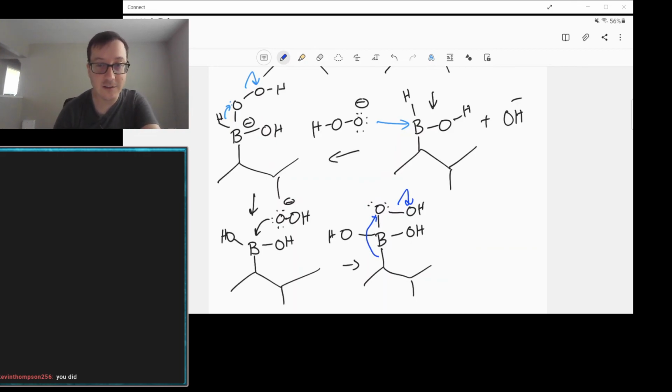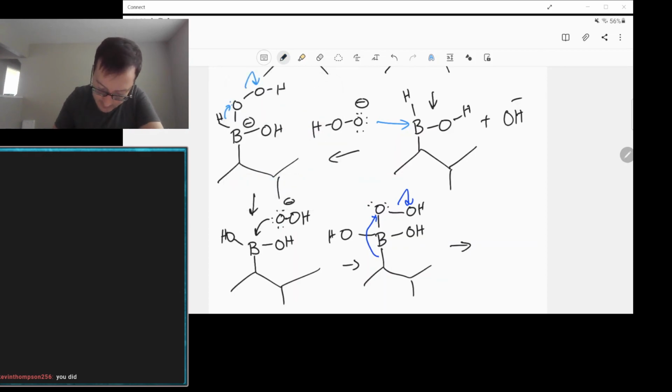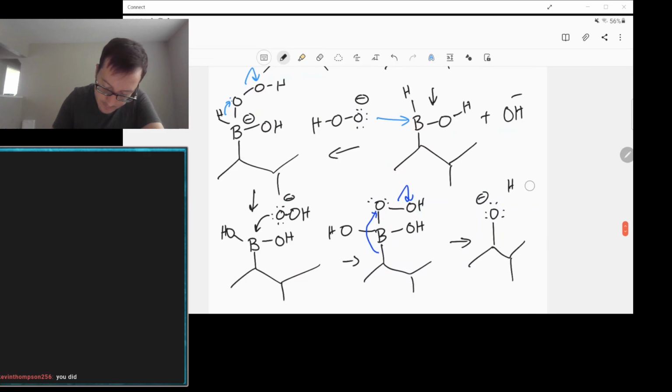We've moved all those hydrides away, producing OH each time. The OH goes and reacts to make the peroxide ion. And now, finally, we end up with our hydroxylated species. So technically it's O minus, and then it's going to go grab a proton from water or something. Here we go. Grabs the proton, and now we have our